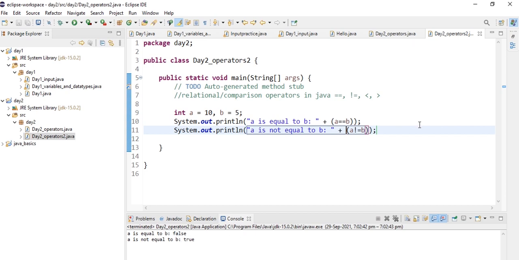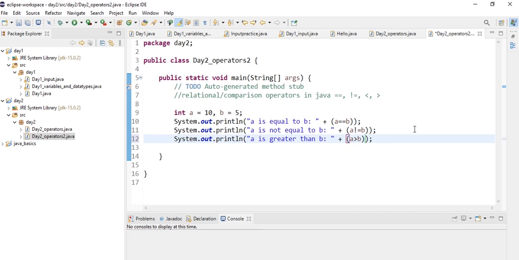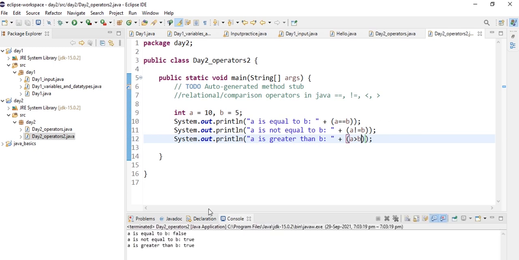And now let's check whether 10 is greater than 5 or not. Let's concatenate and a greater than b. And let's execute it and we will get true, because 10 is greater than 5.